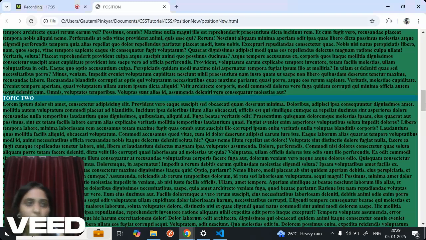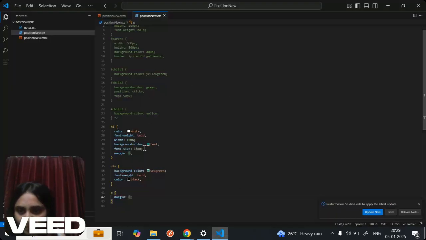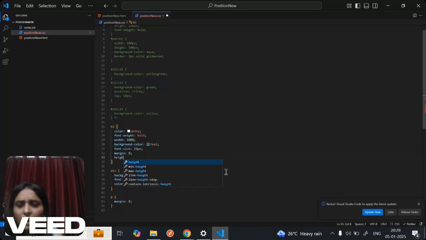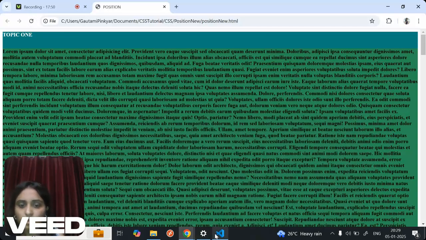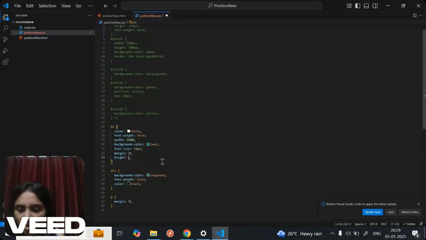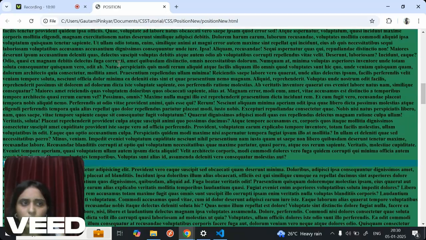Now I have this very beautifully, not that beautiful, but yeah, we can cope with it. Let me give this height as say for example 50 pixels. Okay, it is not that good. Maybe 20 pixels we can keep it. Okay, this is fine. Now it's working all good.